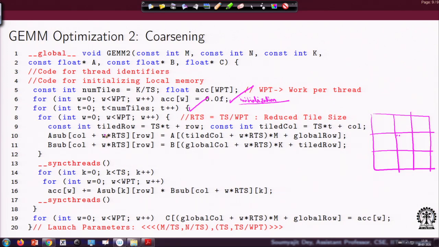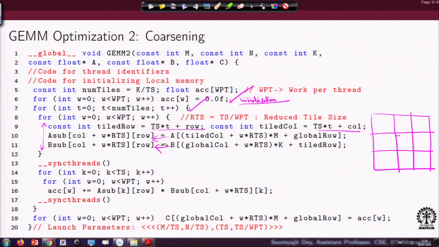But here, earlier you were just doing two shared loads, right, this one and this one. Now you are doing those two shared loads inside this loop. This loop is running from 0 to WPT minus 1. That means you are performing that many shared loads for both A as well as B, right, and you have to compute the shared load indexes by looking into the values of the offsets and all that, which I think you can easily figure out. Just to understand, for per thread activity we have increased the number of loads here.